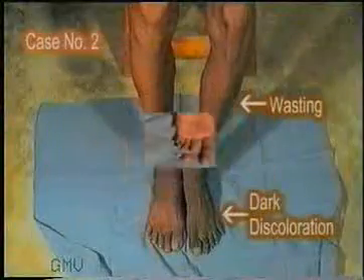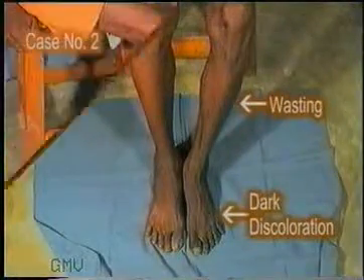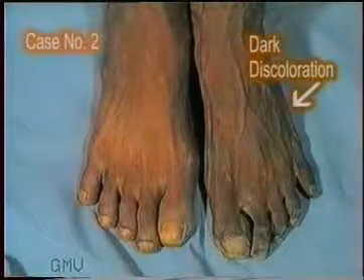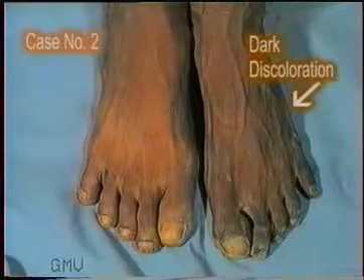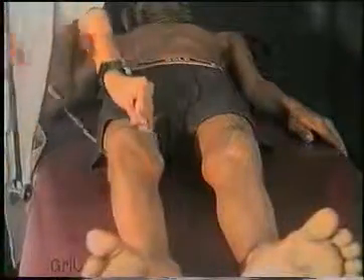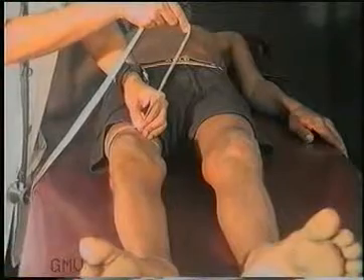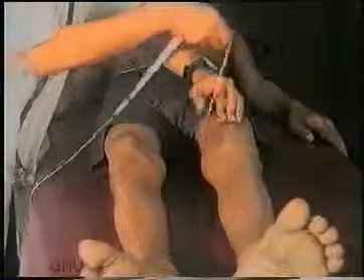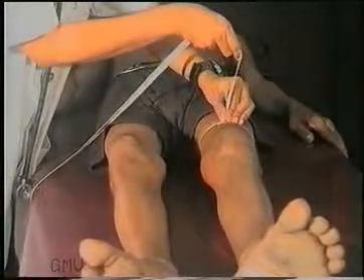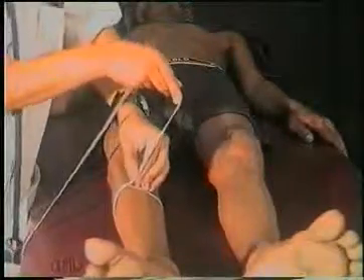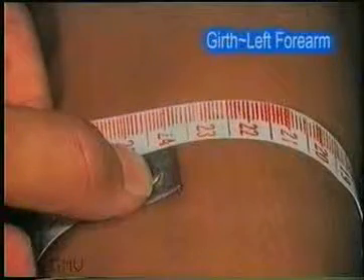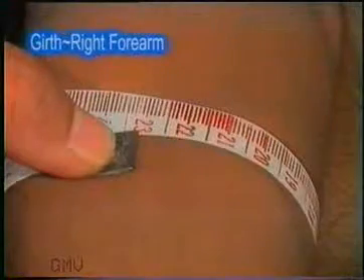Once again, note the ischemic leg on the left side, which is darker than the normal right leg and has a wasted, shriveled up appearance. Now measure the limb girth with a measuring tape and compare it with the girth of the opposite limb at the same level to demonstrate and record limb wasting. The measurements are taken over the main muscle mass about 3 inches above and below the knee joint in the lower limbs and 2 inches above and below the elbow joint in the upper limbs.